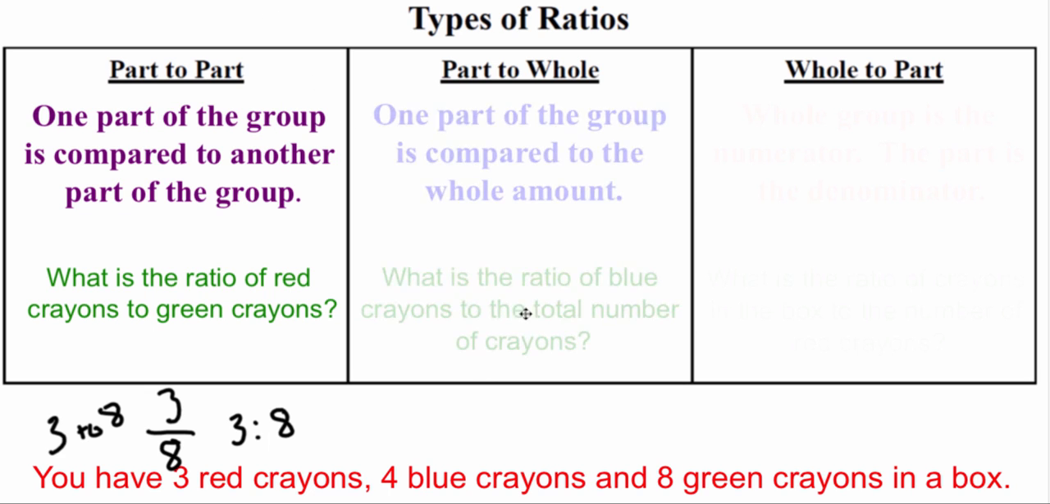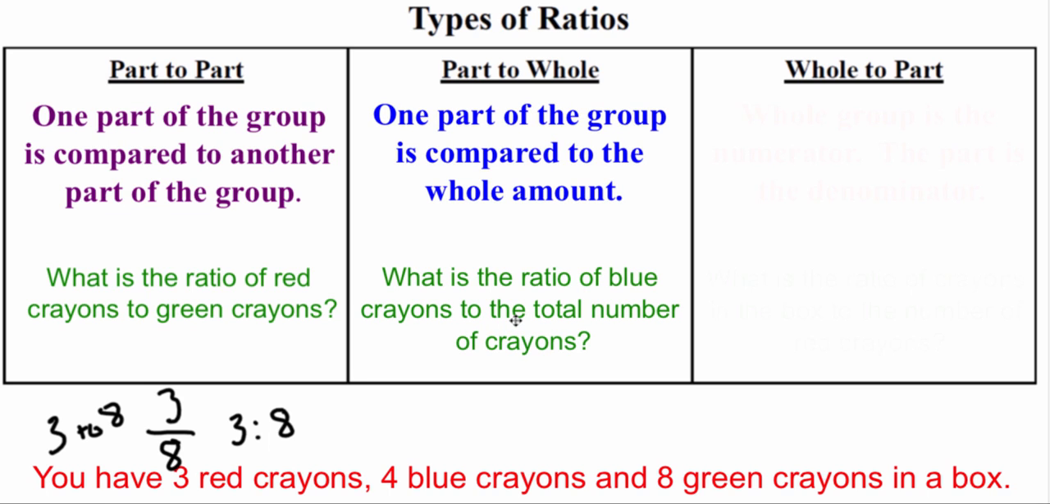Then the second type is part to whole. So now one part of the group is compared to everything that's there. An example that we're going to use, this bottom portion, is: what is the ratio of blue crayons to total crayons? I check here and I know I'm looking for my blues. My blue crayons are 4. And then total means the sum of all of these. So 3 plus 4 is 7, plus 8 then is 15, which can be written as a fraction or